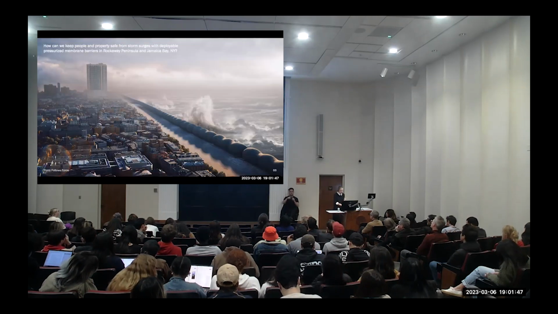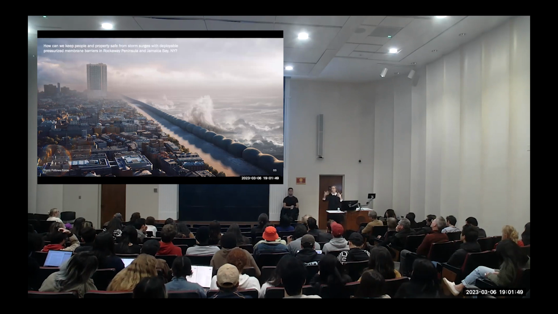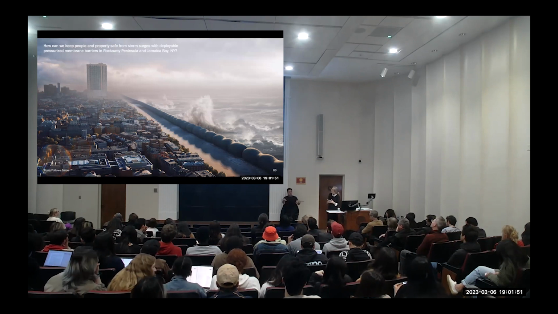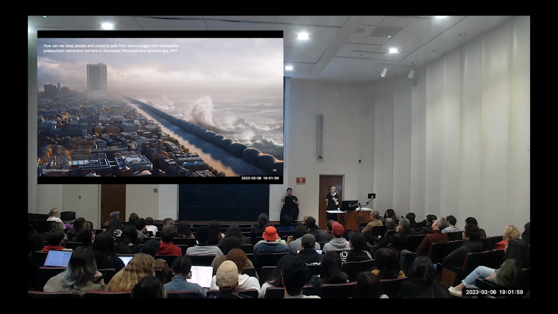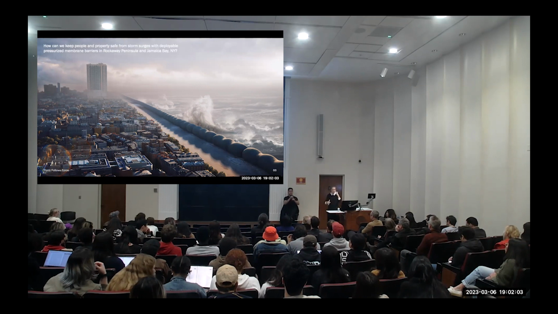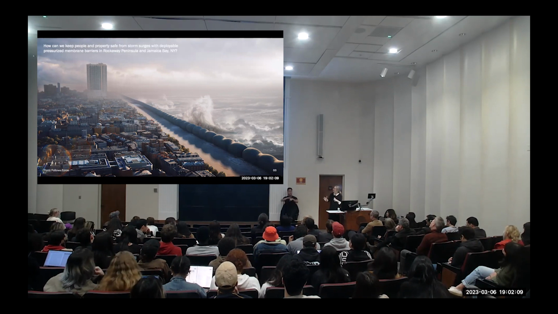So I started imagining, could we have a deployable system? In this rendering, you see these wavy balloons. So I started imagining, could we have a pressurized membrane that, when there is no storm, which is most of the time, can be stowed away under the boardwalk? And when the storm surge warning comes, these systems can be pressurized in a day, and they can form a barrier against extreme loading from storm surges.